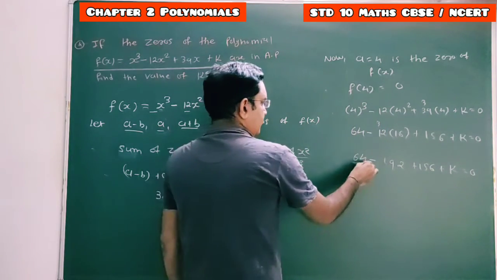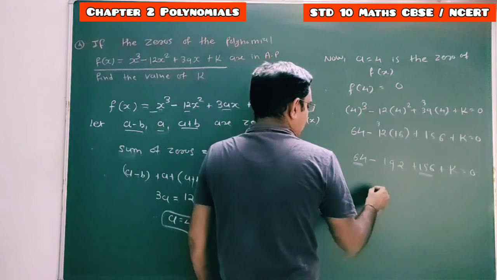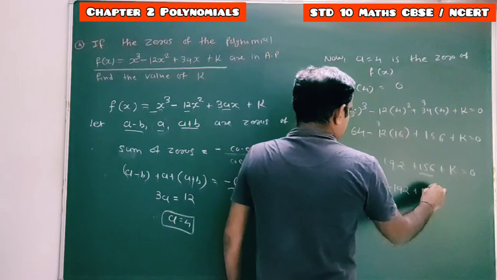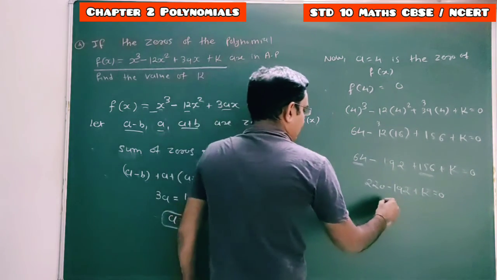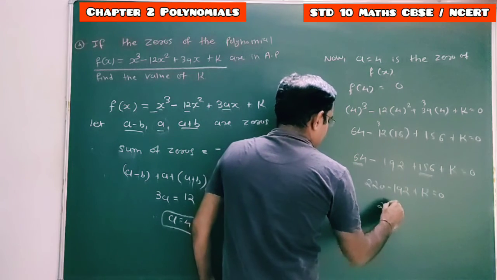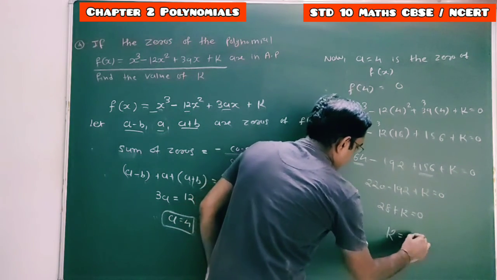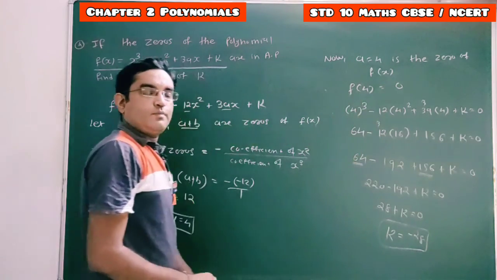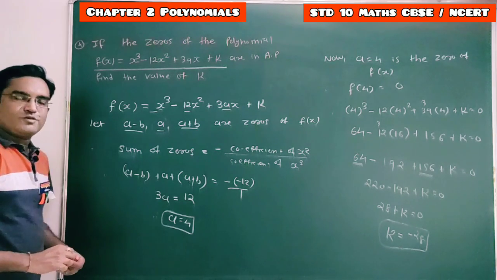Now this will be 64 plus 156, 220, minus 192 plus k equal to 0. 220 minus 192 is 28. So 28 plus k equal to 0, and hence the value of k is minus 28. That is the answer. k is minus 28. Clear, students? So it is a very good question. Pause the video and